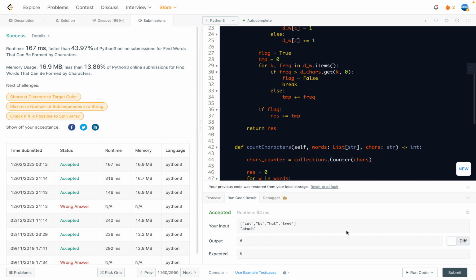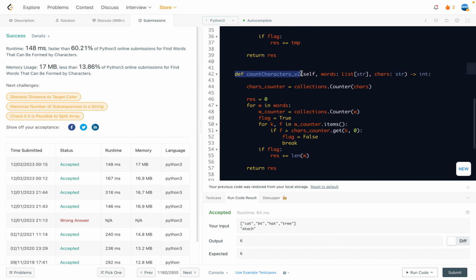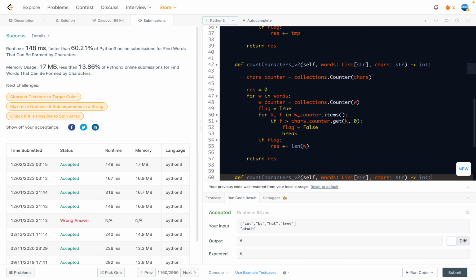It passes one example. Now let's look at the generic case. Yeah, it passes all the cases. So let's regard this as version v2. And here I also want to write another solution, which might not be that